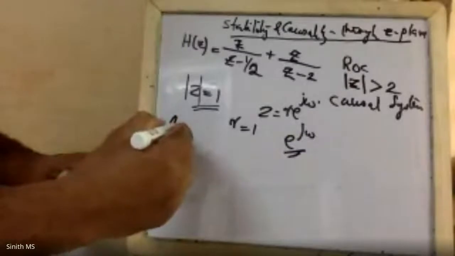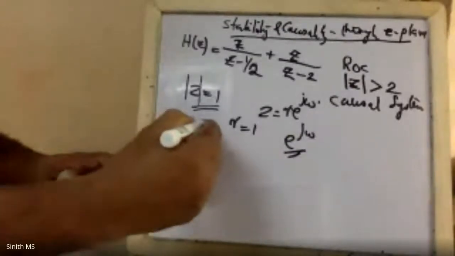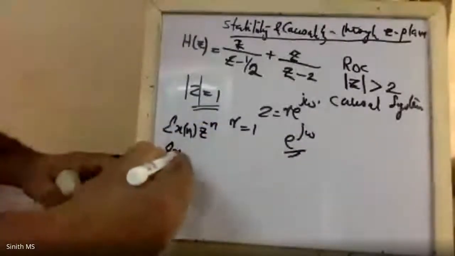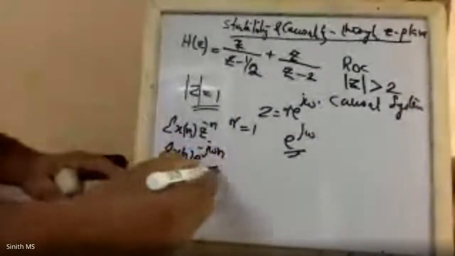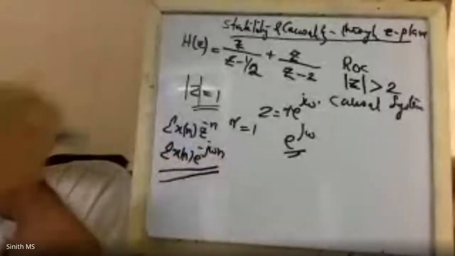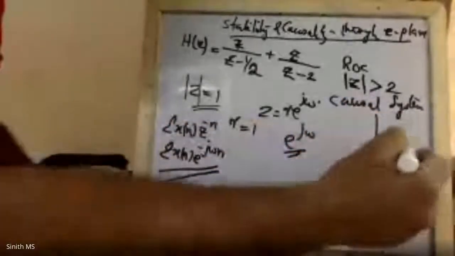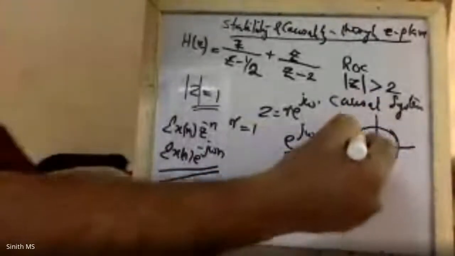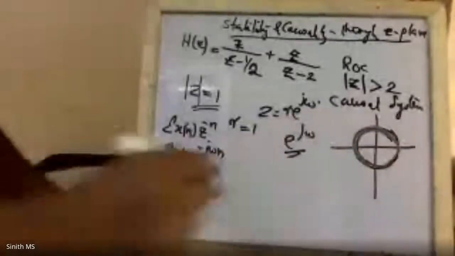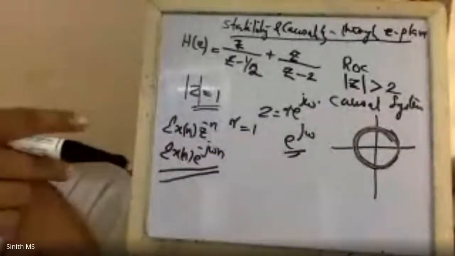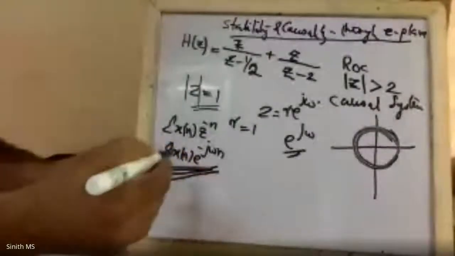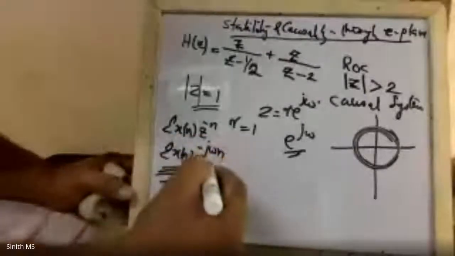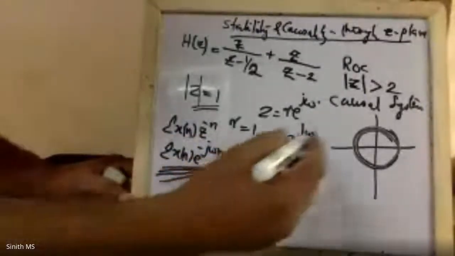or your sigma x[n], which is the z transform, x[n] z raised to minus n, becomes sigma x[n] e raised to minus j omega n, which is the discrete time Fourier transform. So when r is equal to 1, on this circle in the z plane, your z transform becomes the Fourier transform, the discrete time Fourier transform. Now in the discrete time Fourier transform,